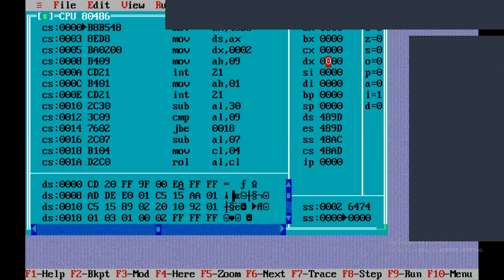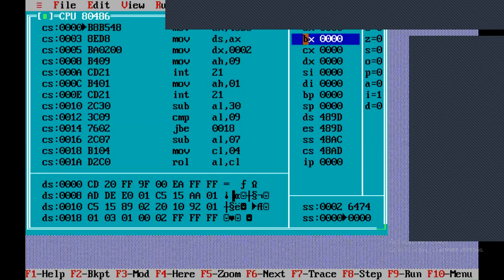Here in the program concept, we have to use the registers: AX register, BX register, CX register, DX register, and SI. SI means source index, that starts with 0. DI means destination index, and BP means base pointer. SP means stack pointer. DS means data segment. ES means extra segment. SS means stack segment, and CS means code segment, and IP means